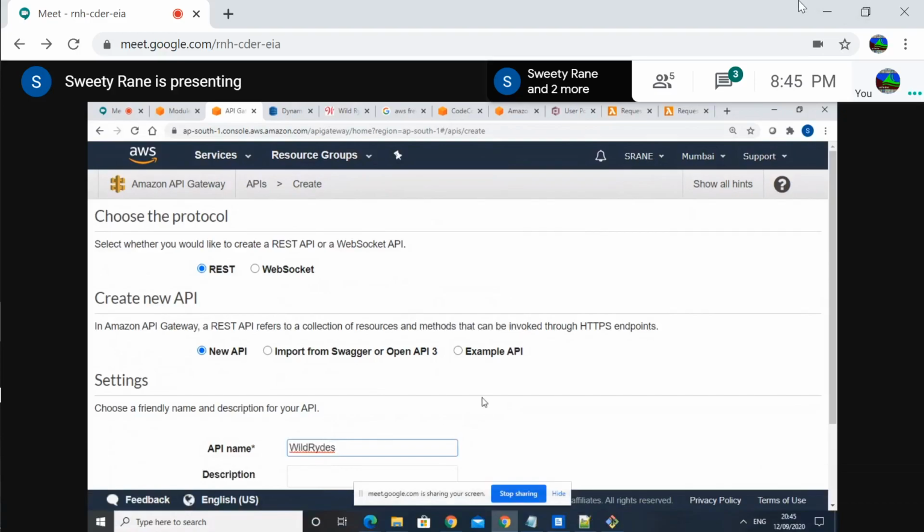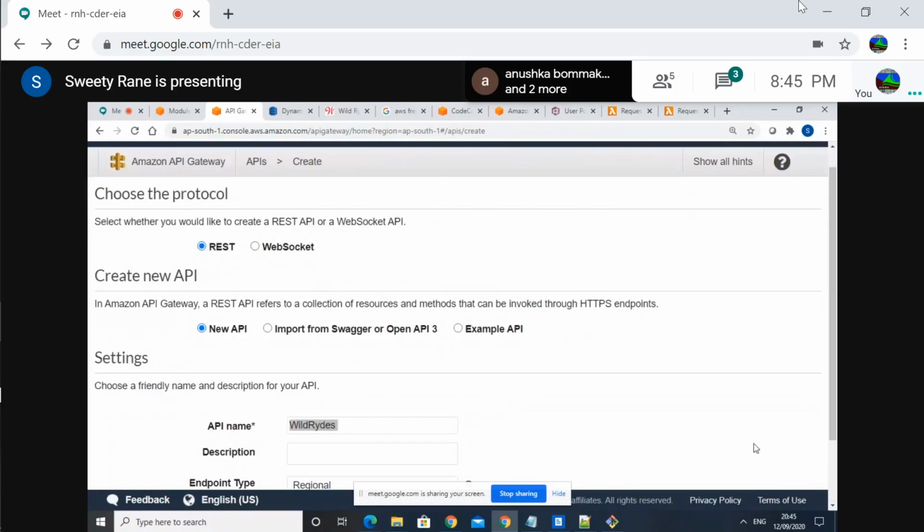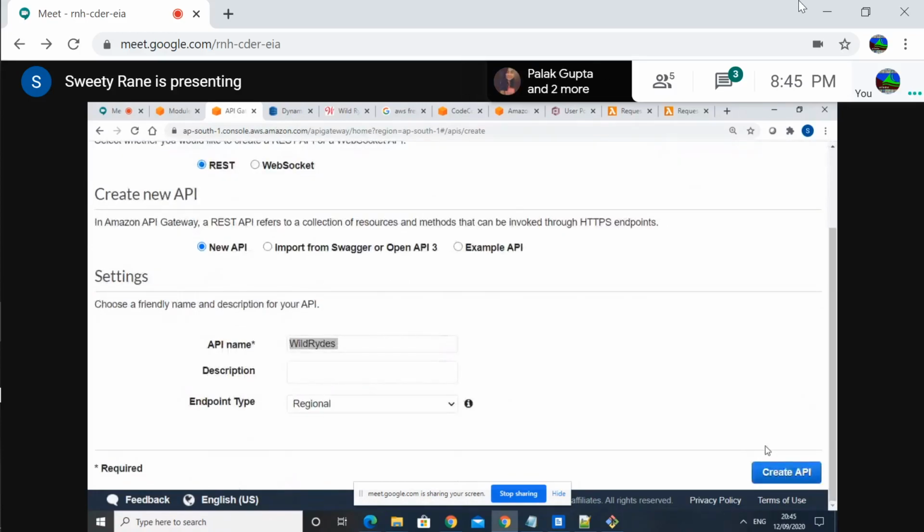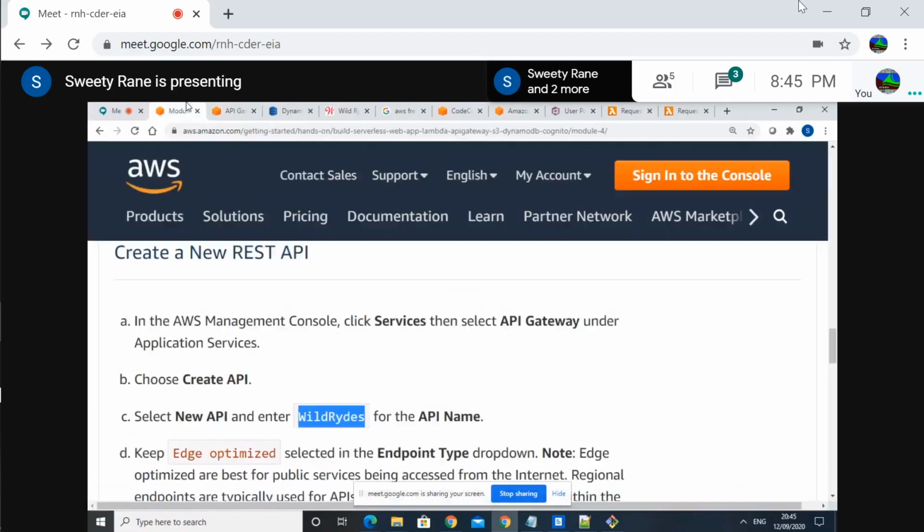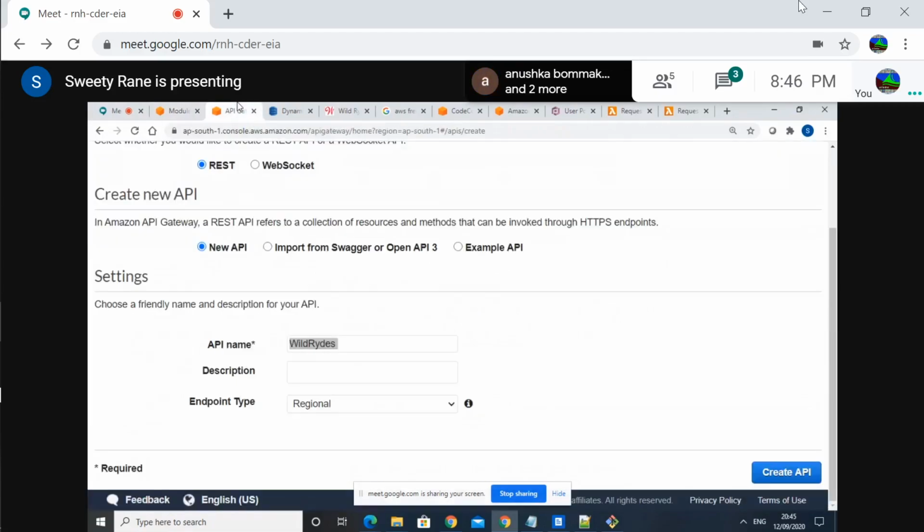Now can you scroll down? And endpoint is, wait, edge optimized, no? Nothing else, no? Yeah, create API.